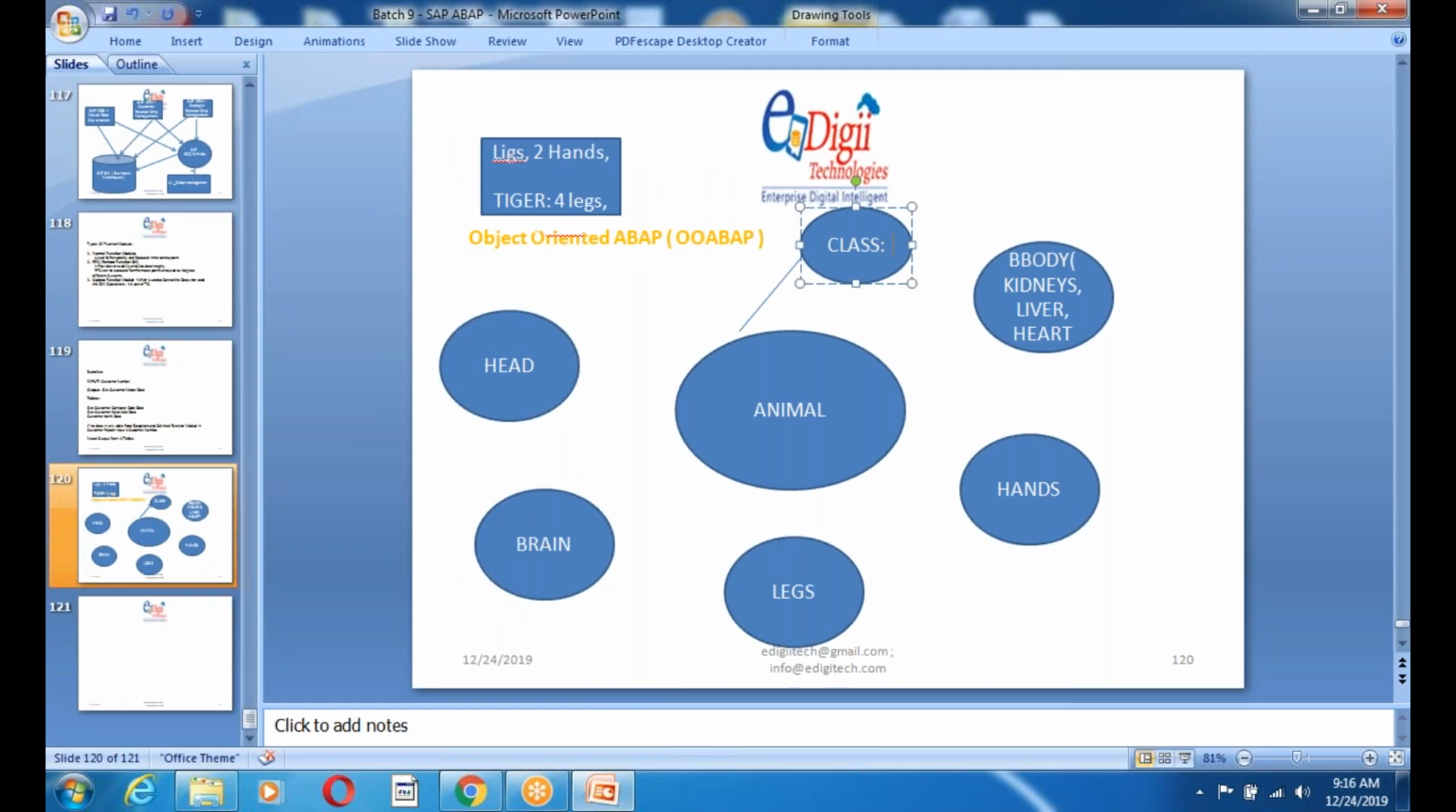Animal is in a class, case. It's in a skeleton. Okay, the skeleton is for the animal skeleton. We need the brain, we need the head, we need the legs, we need the hands. Okay, we need the body, we need, sorry, kidneys, we need the liver. So there are different kinds, but there are some unique properties which we need to